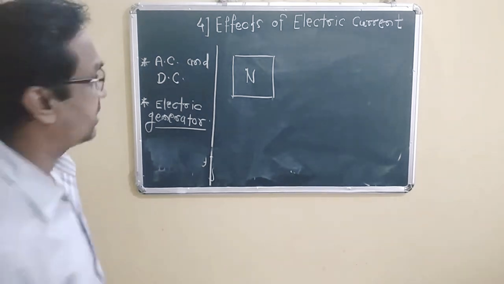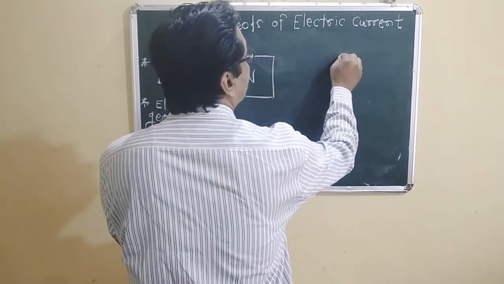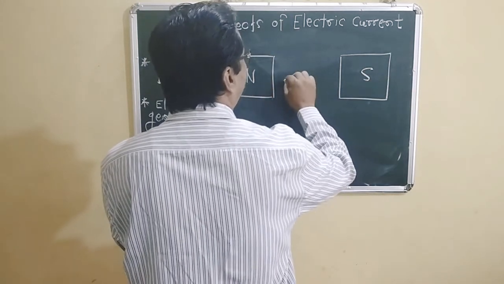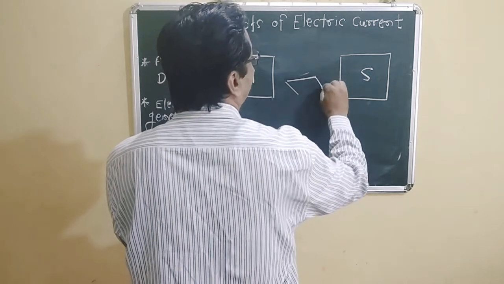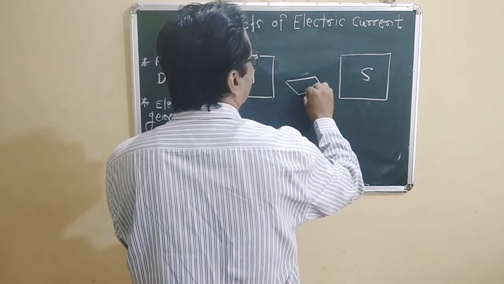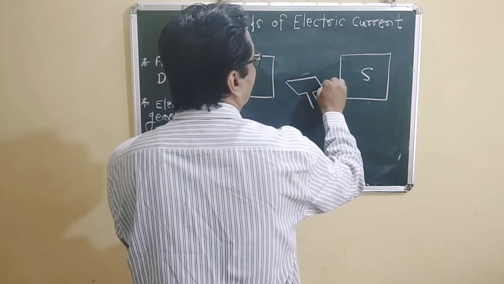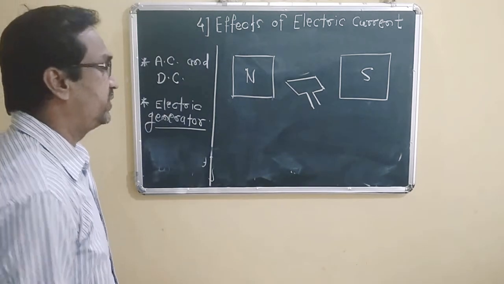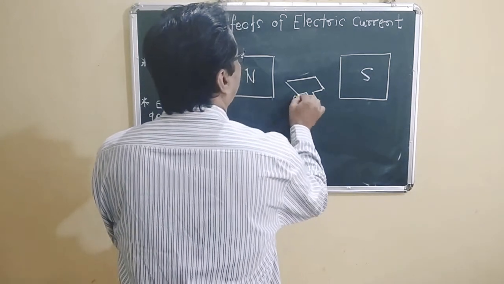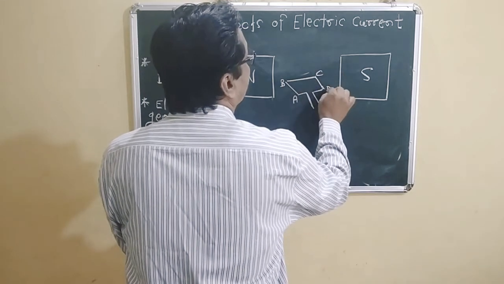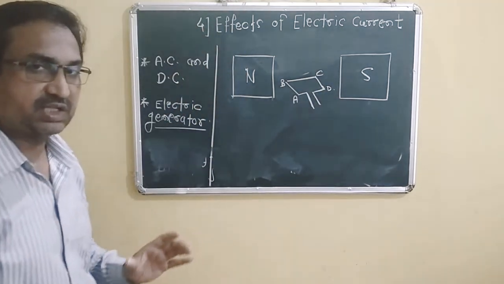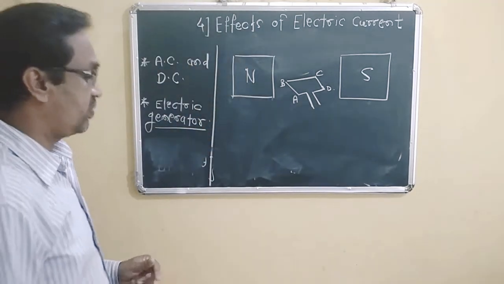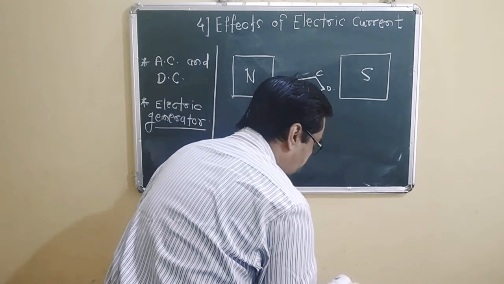So strong magnets are there. Here are two strong magnets, N and S. Here is copper wire coated with insulating material, kept in a strong magnetic field. ABCD is a rectangular frame. This is the coil which is placed in a strong magnetic field, and it is connected